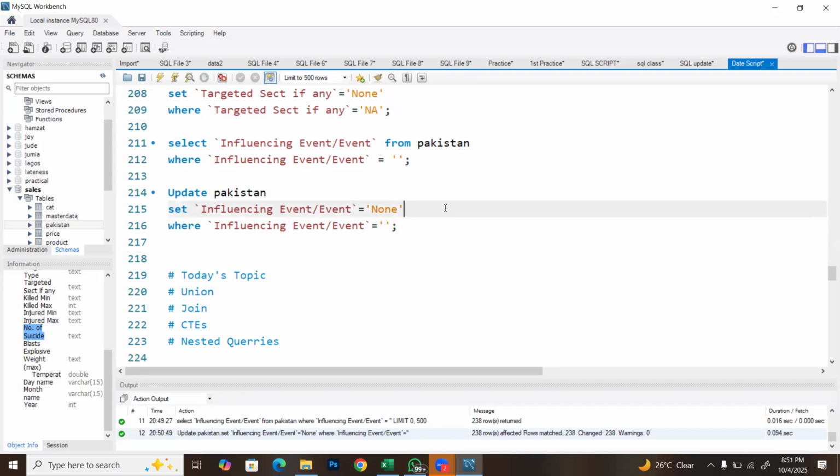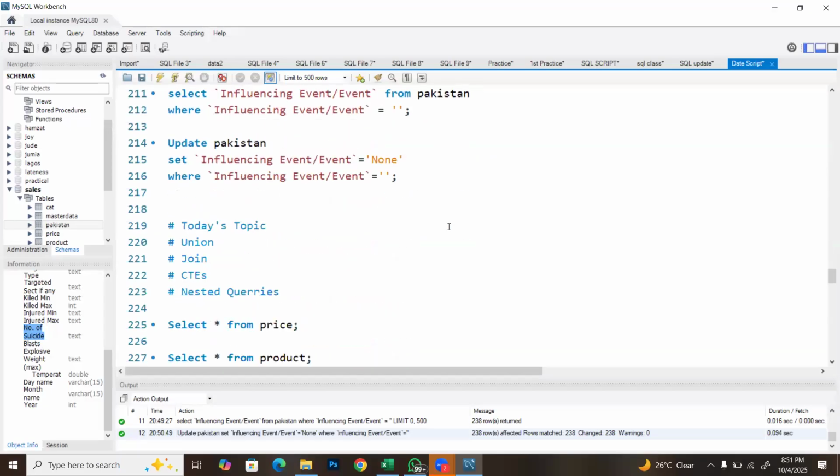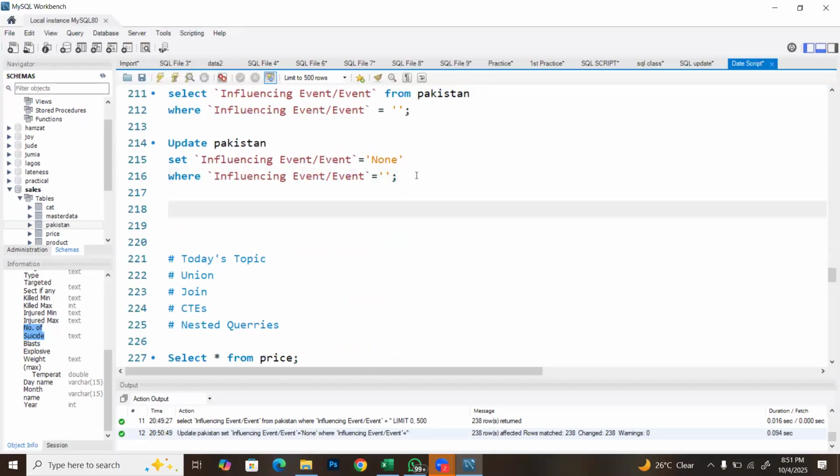So for those of you that have been asking, I'm not going to do everything for you, right? Now, it remains killed min, killed max, injured min, injured max. These are the ones I'm going to do for you, right? So now, what I'm going to do here is now going to be